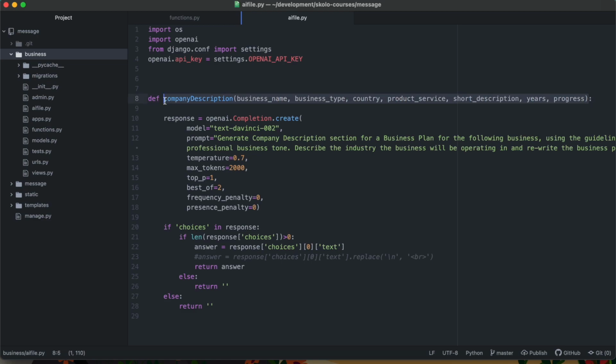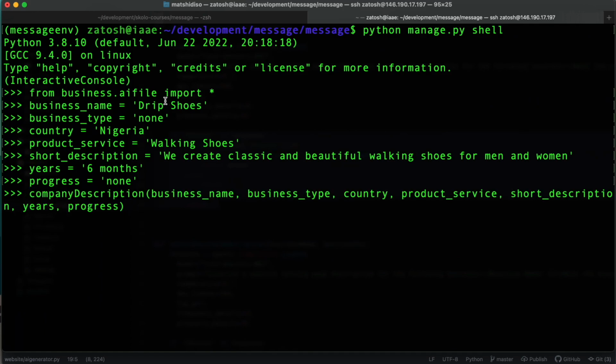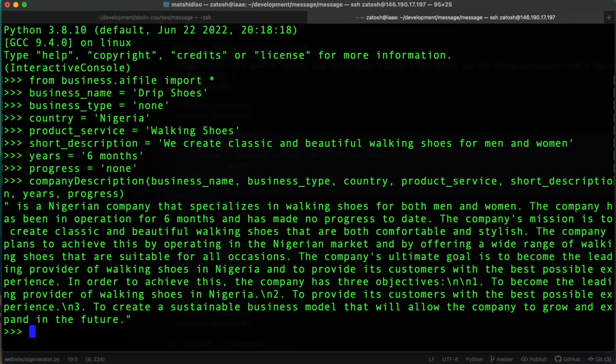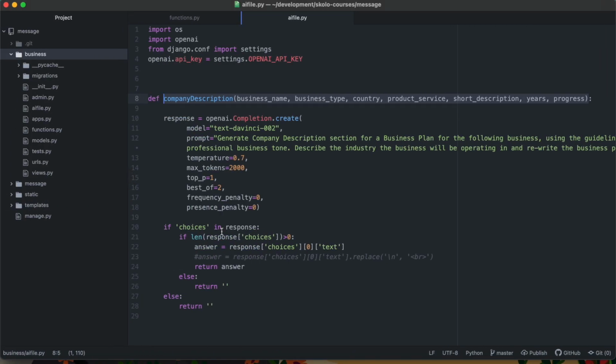Okay, I'm gonna copy that, paste that as it is in there and enter and see what it gives us. Best of 2. So it's gonna take quite a bit to do all of that. OpenAI is a bit slow, but there we go. Right. Is a Nigerian, so it didn't start by entering the business name. So we must remember to insert that at the beginning, right? So the answer that we give it over here should be the business name, like this. It should be the business name